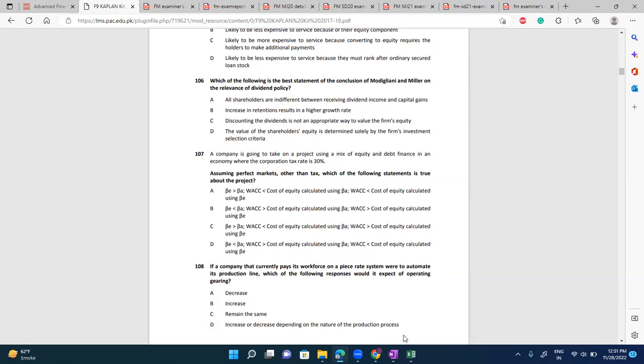WACC is greater than cost of equity. नहीं, WACC तो कम ही होगा। अच्छा, ये तो आप जानते हैं कि बीटा इक्विटी बीटा एसेट से ज्यादा होता है, यू नो दैट राइट? क्योंकि उसमें दोनों रिस्क होते हैं ना। तो इसका मतलब आंसर या तो ए है या सी है, बी और डी तो आंसर हो नहीं सकते।